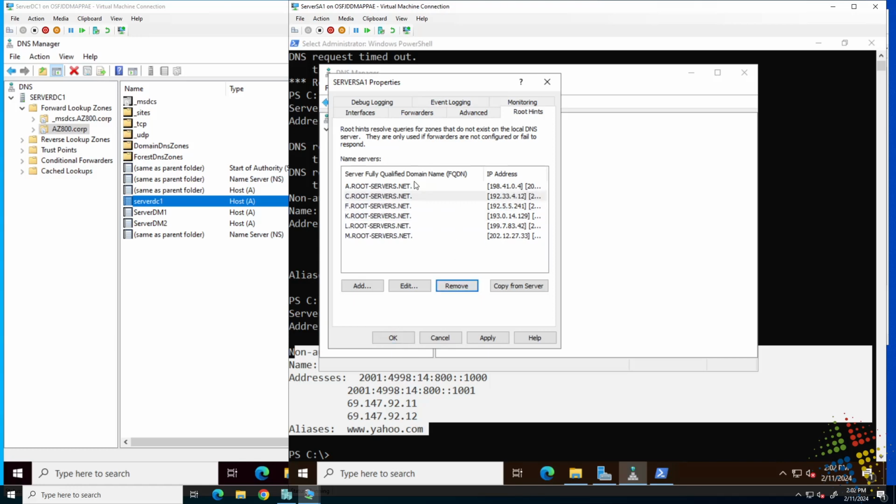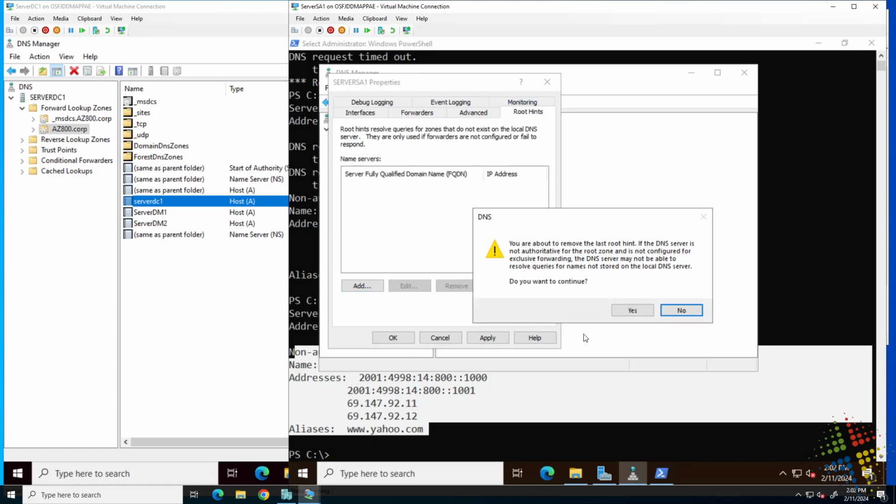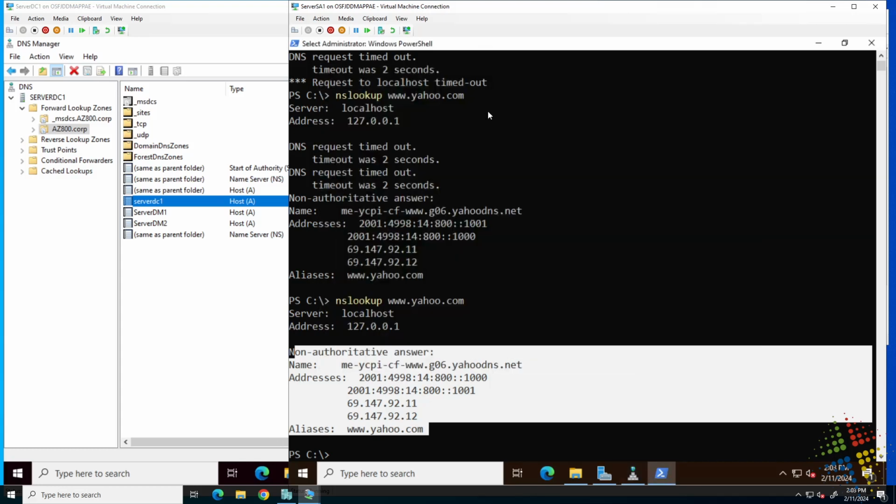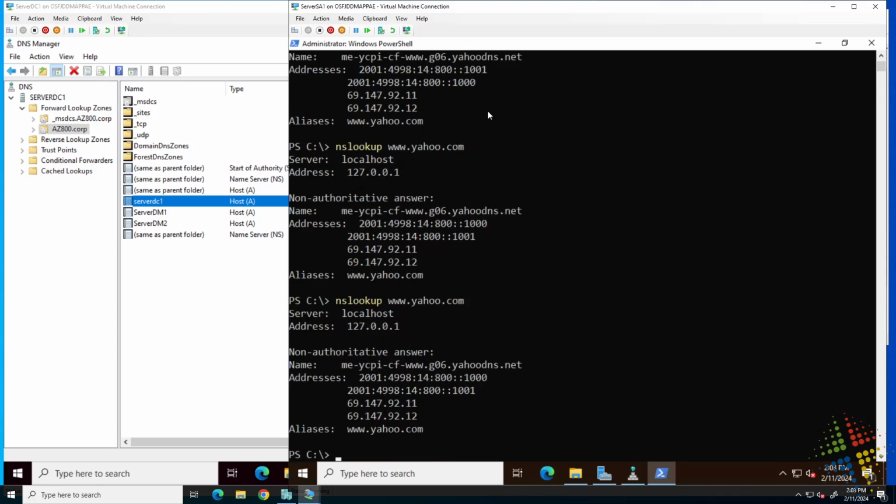This essentially is going to break our web browsing capabilities. We won't be able to get anywhere on the internet when we're done with this. Then OK, and yes, and then back to PowerShell. Let's go ahead and do another nslookup. This one will work back to yahoo.com because it has